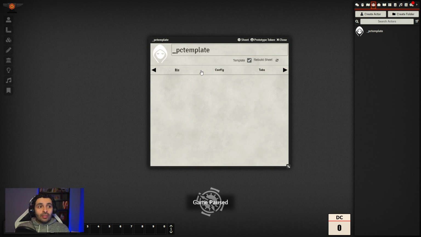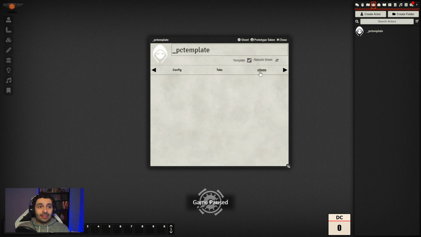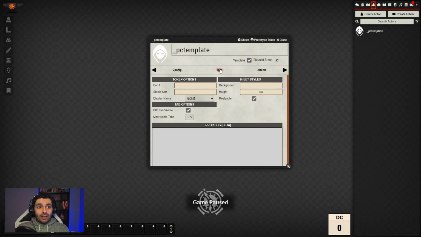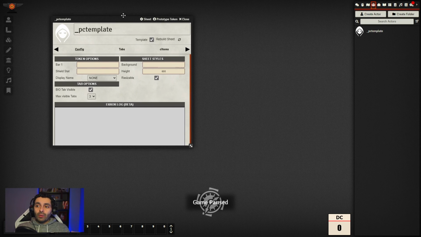So by default, you're going to see these tabs: the bio tab, the config tab, the tabs tab, and the C items tab. So the only ones that we need are these two, config and tabs. So we can set up our template actor with these tabs. But before we do that,